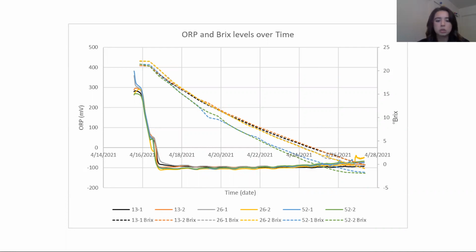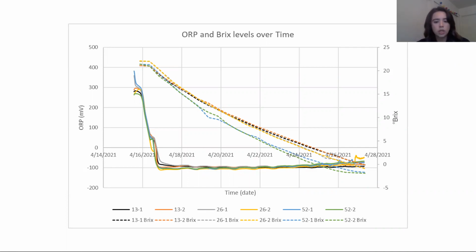And across the other experiments, it was shown that the general shape of the redox curve is pretty much the same across the different strains. And since the strain is a strong fermenter, it's likely that if this one struggled in a trial, the others would as well. So in normal nitrogen conditions, we see the redox level drop down to about -200, yet all of these nitrogen limited runs only get down to